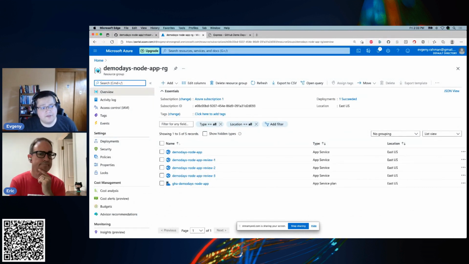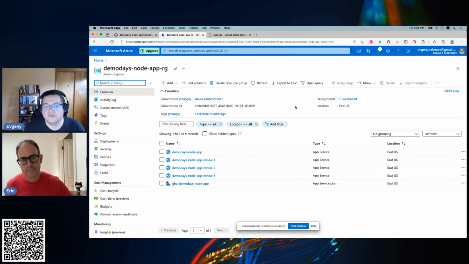So this is the resource group in Azure for this demo days application. And the resource group is really an umbrella term or encompassing concept for everything that will be deployed and provisioned for this particular application. And it's just how we organize things together in terms of cloud resources, right? So if you think about your home setup, like maybe your laptop, your desktop, your monitors, everything's in one room, right? It's the office. So the resource group is the office.